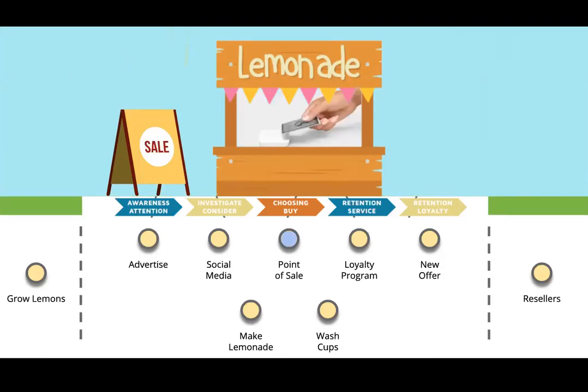And progressively, we're working our way through and digitizing each of these points. So whereas that might have been a physical interaction, so in our lemonade stand example, that now becomes maybe a digital point of sale, or it could be a website where they can go on and transact with the brand directly. If this was government, it would be the digitization of the particular government service that's been offered. So the ability to request your birth certificate online through a web portal rather than having to go in person would be an example of this. And we're working through and digitizing each of these different services one after the other.